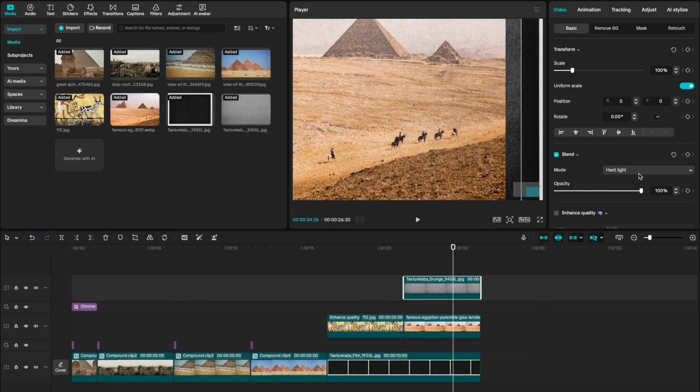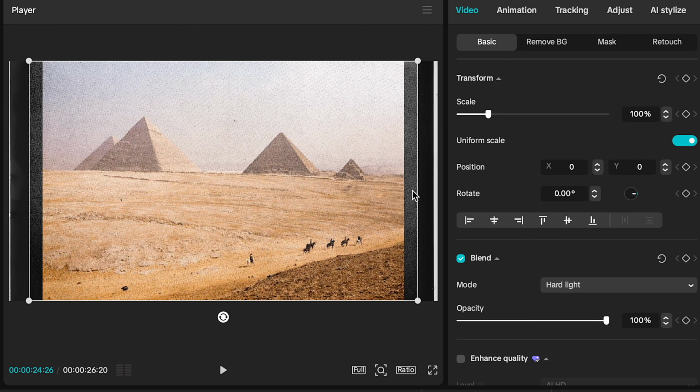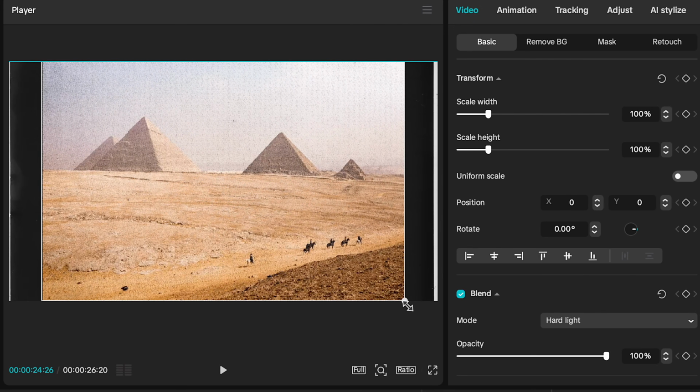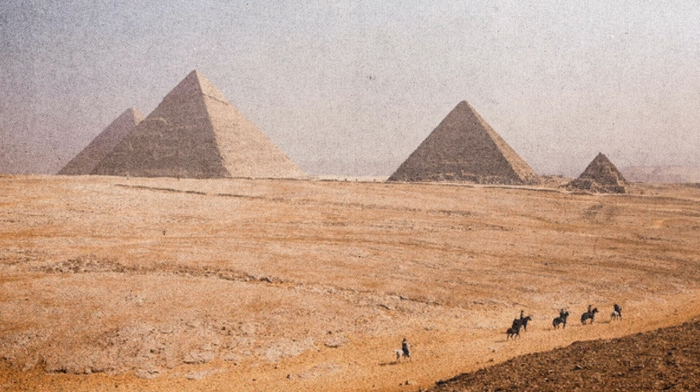For this case, I like the effect that hard light gives. There is one issue as our texture extends over that photo. So I'm going to go to uniform scale, turn this off, and then drag my widths slightly closer together to perfectly fit our photo. Now when we zoom into our photo, you'll see that we've placed a wonderful texture over